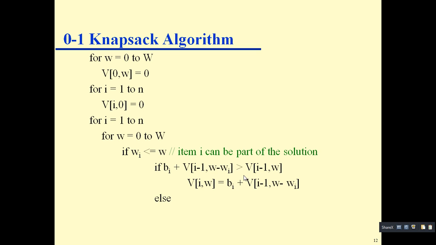Else this will be the solution. So V[i][w] will be this one. Yes. Right. So if this condition is false, then you are not allowing that ith item, so you simply exclude that item. So it will be V[i-1][w]. Okay, so this is a simple algorithm. You can implement it using any programming language like C, C++ or Java. So just try to implement this one. This is a really interesting algorithm, right?